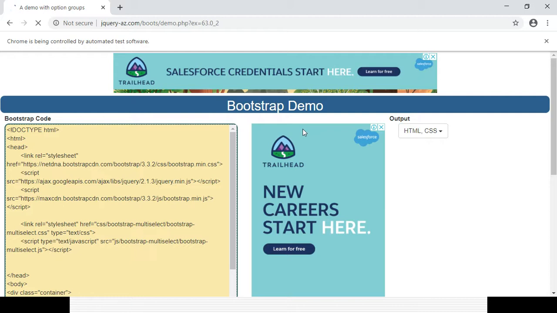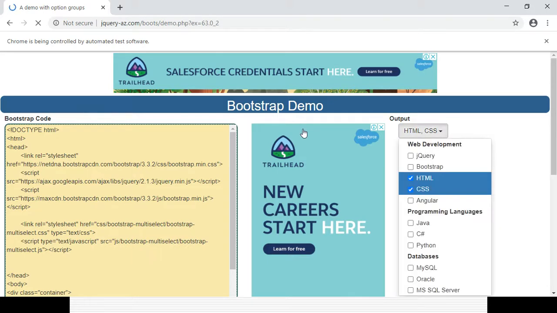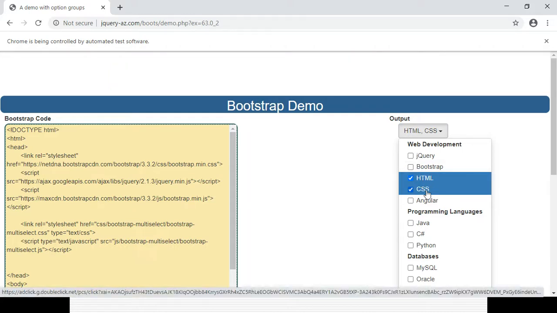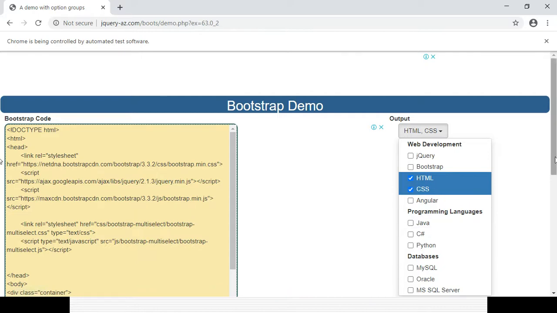Especially this type of Bootstrap drop down is available in most jQuery pages, but for a normal drop down, definitely a select class will be there. Okay, you can see it's working now, right? By default HTML and CSS is selected here. The HTML CSS drop down has finally been clicked. If you want to unselect it, you can unselect, and if you want to select another thing, you can still select it. Now I will write the code to select the other options.